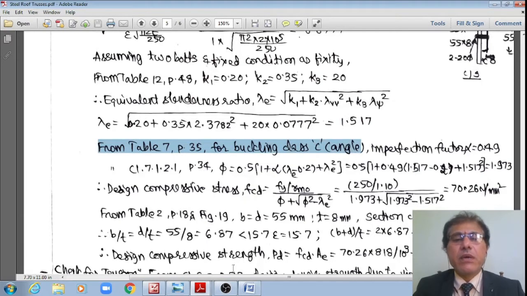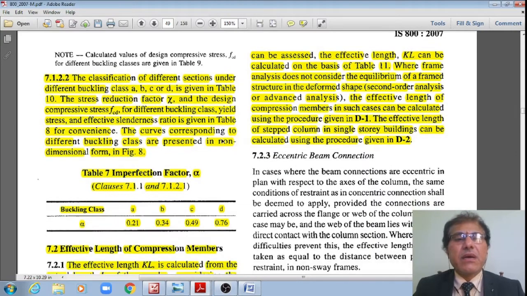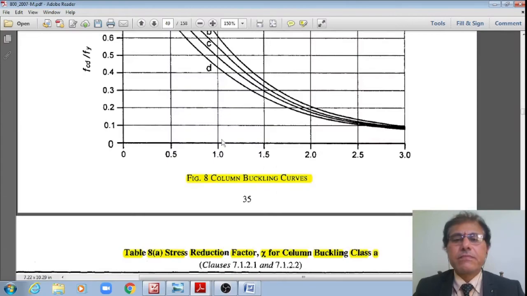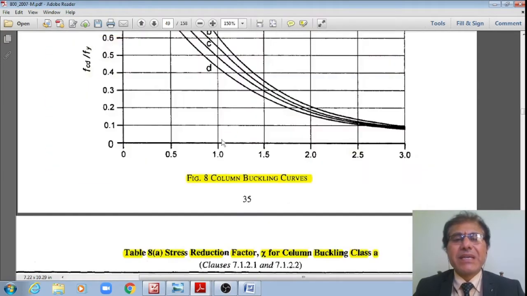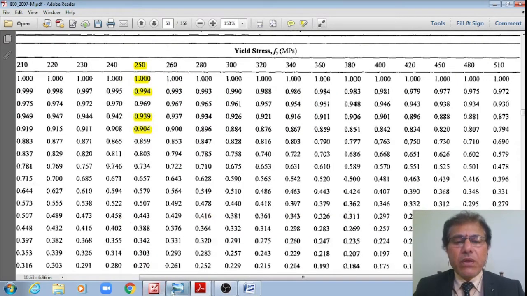Now let me go to page number 35 of IS 800, student. This is page 35, wherein I do have the buckling class. The buckling class is C class. Therefore now what I'll do is, for this buckling class,